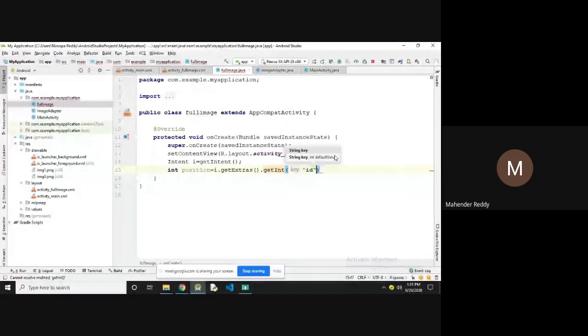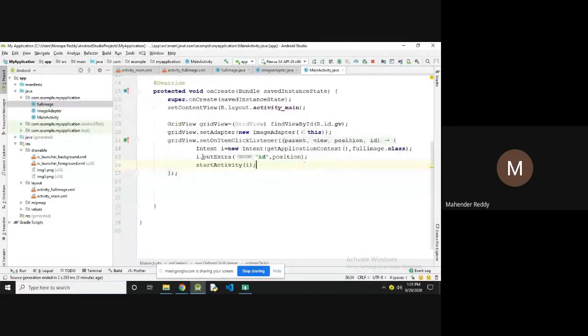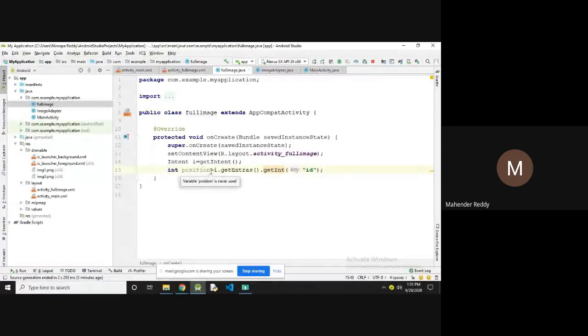This id is what you passed with putExtra, name id and position. So each image position is going to be accessed, then that image position is stored into id, and that id I store again into position. I'm going to get it as an integer value.